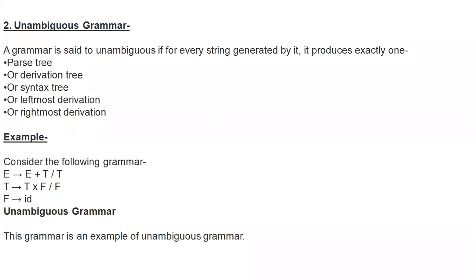Is it clear? Now you should make a note of one thing: this grammar is unambiguous, but it is left recursive, and elimination of such left recursion is again a must. See this example. From this example, we are learning about left recursion. If a grammar consists of left recursion, then we need to eliminate that left recursion, again by learning a new concept like left recursion. This is the output.